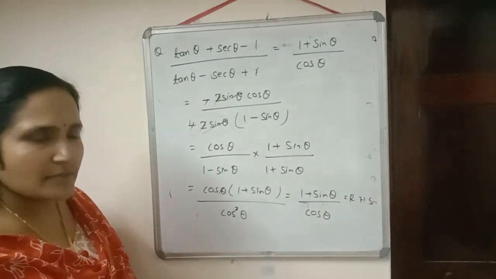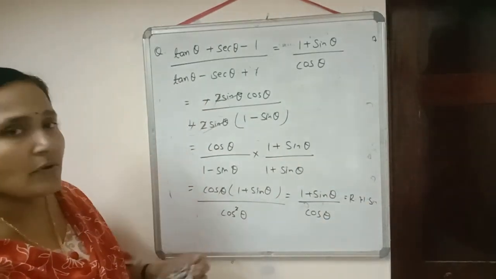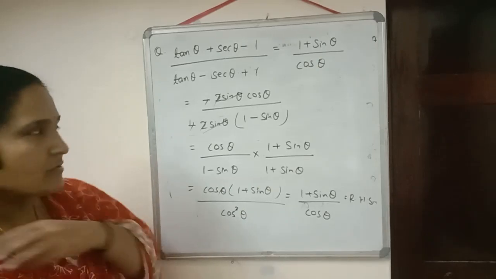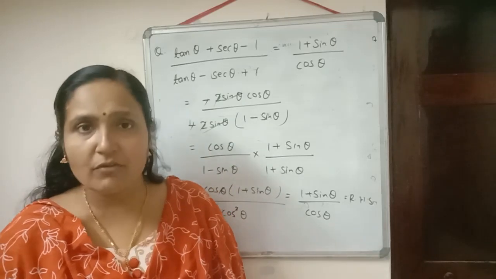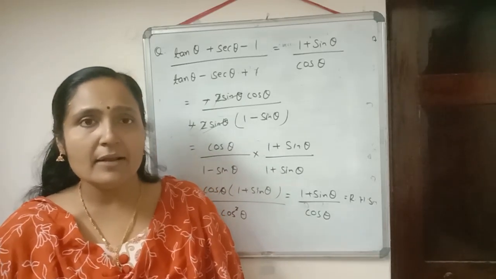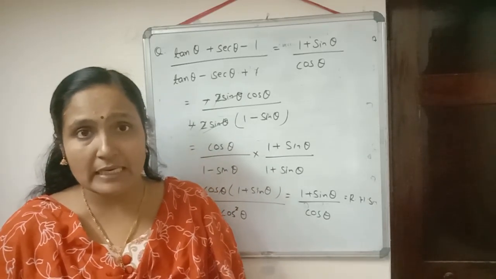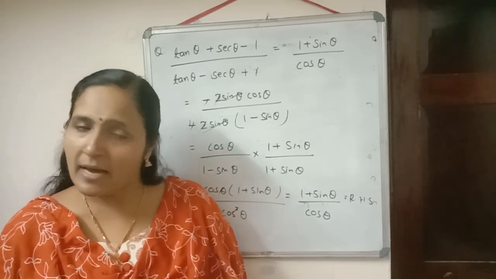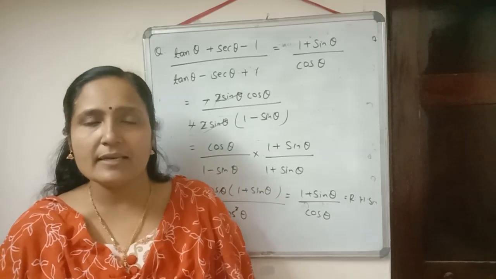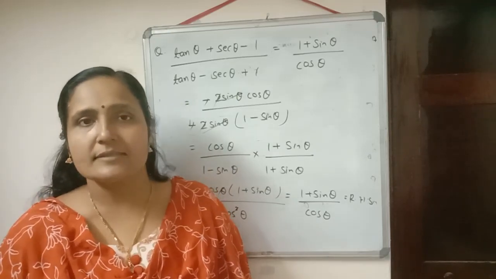So I think the steps are more, but in this way the calculation will be easy for you. So I think today's concept is clear to you. All of you please do the homework which is given to you. While doing the homework, just check what we need on the right hand side and how we can use the identity to get the right hand side. So do the homework, and in case of any doubt you can ask. Thank you.